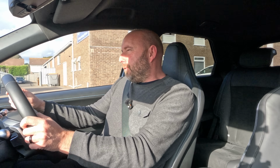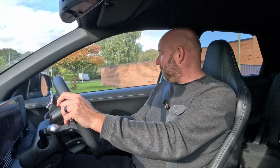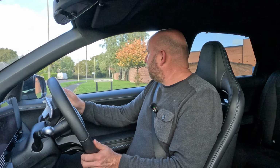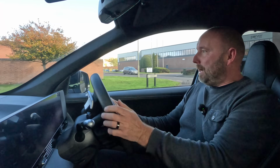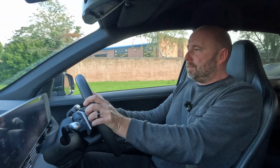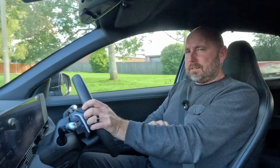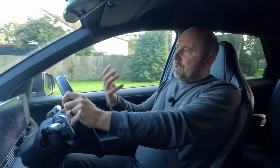I've just jumped back in the Ioniq 5N, and a couple of immediate reminders of some differences. Number one, the turning circle in the Ioniq 5N is very poor, so it often catches you out and you've got to do multiple sort of three-point turns just to even turn the vehicle around or manoeuvre. Second, it's definitely noisier on the road. This isn't as quiet as the Tesla by any way. It's perfectly acceptable, so it's quite good, but these big wide tyres, you do just hear it on